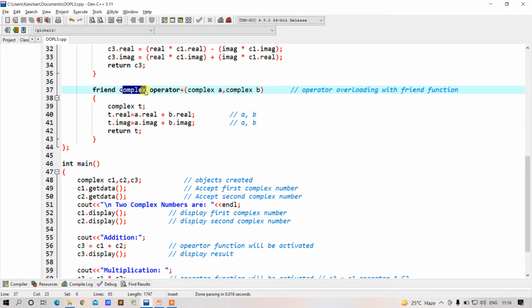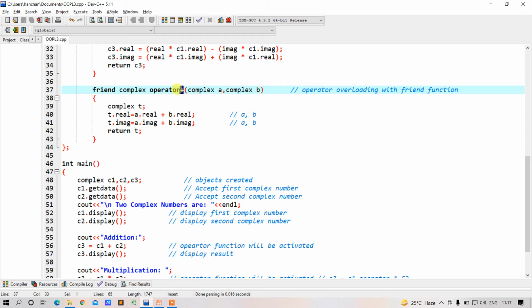Now the return type is complex, which is the name of our class, followed by the operator, which is again a keyword, because here we are considering it as an operator function. So operator will be the keyword which will be used, followed by the plus operator.